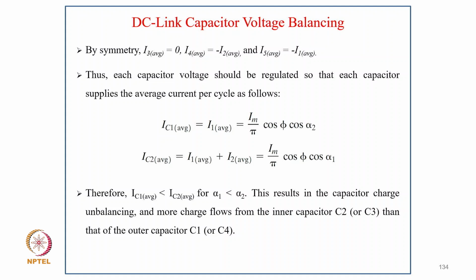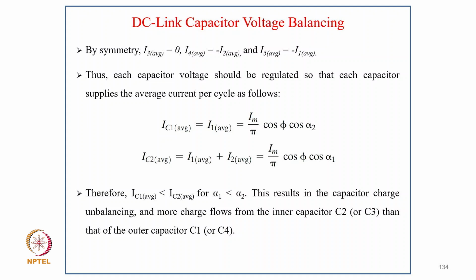Thus each capacitor voltage should be regulated so that each capacitor supplies the average current per cycle as follows. IC1 average equals I1 average equals Im upon pi cos phi cos alpha 2, and IC2 average equals I1 average plus I2 average equals Im upon pi cos phi into cos alpha 1. Therefore IC1 average is less than IC2 average for alpha 1 less than alpha 2, and this results in